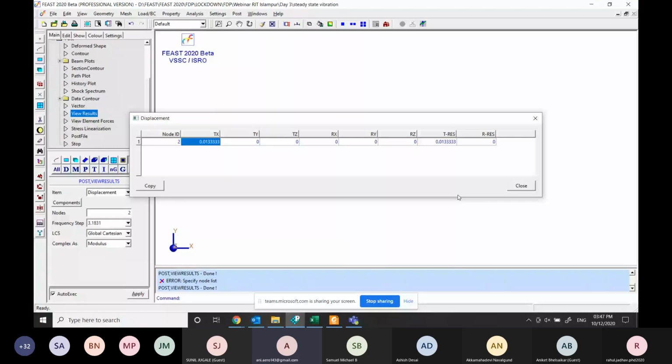So this problem is basically based on the particular integral, and the next problem, which is based on the transient vibrations, we are going to solve using the complementary function.